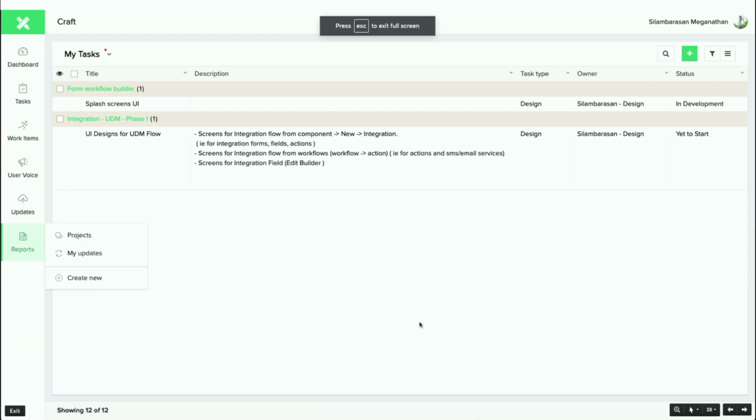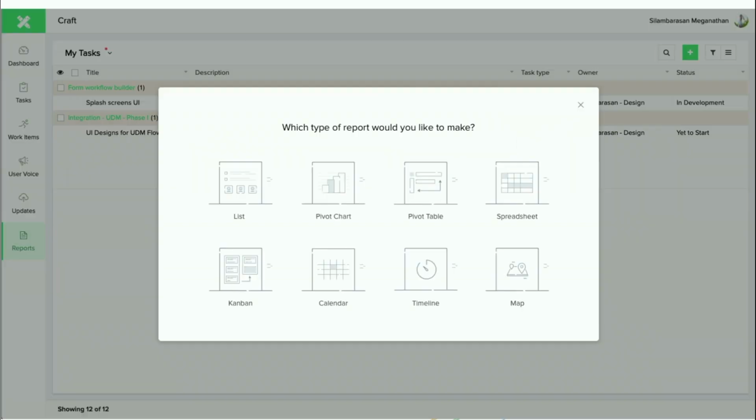Once that permission is available, what you would see in the live mode of the application, I have added a few screenshots to show you how this is going to look like. There's going to be another section within the application called reports. Under reports, you will have the option to create new report in case if your profile is given that permission. And when you click on create new report, you would see the exact report builder that you see on the application builder. Whatever report types you have, everything would be available there.